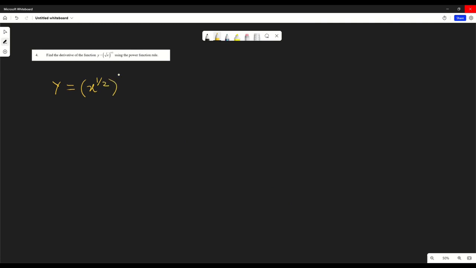Now let's take a look at one final example, which is an application of the power function rule. We've got y equals root x to the power 4 over 5. Now we could use the chain rule here, but it's actually simpler to just multiply this out and use the standard power function rule. So we can write the function as y equals x to the power 2 over 5, and the derivative of that is actually very straightforward. It's just dy dx equals 2 over 5 multiplied by x to the power minus 3